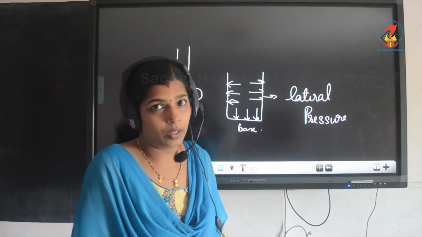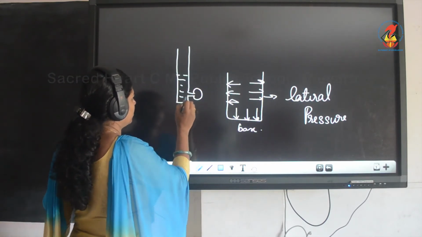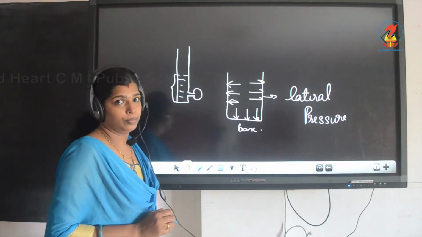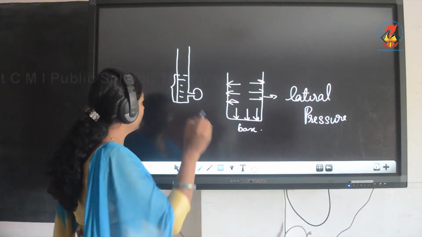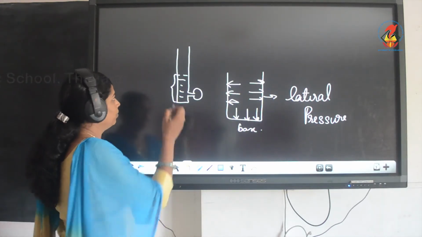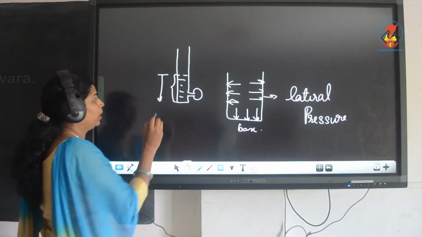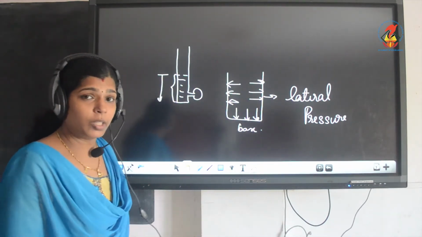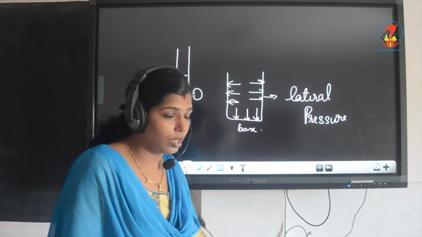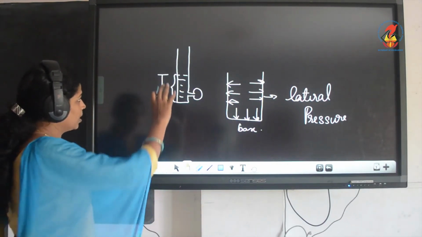So first here, suppose only this much water is there. This is the depth of the water, or the height of the liquid column. Normally when you say the height of the liquid column, we measure it in the downward direction from the surface of the water. The height of the liquid column is this much.